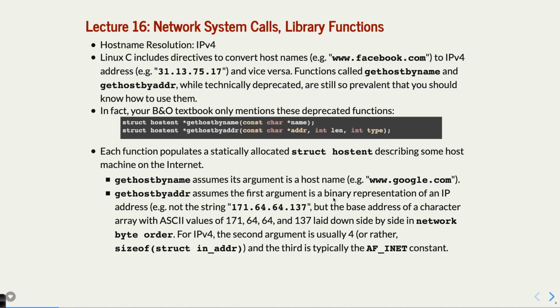Let's see, gethostname. Yes, here we go. This one is a struct in_addr, which happens to be an int. It's the weirdest struct I've ever seen. It's got one value in it, which is an int. So we'll see a little bit more about that in a second. But the one we're going to focus mostly on is gethostbyname, as it turns out. Okay. All right. So what is this?